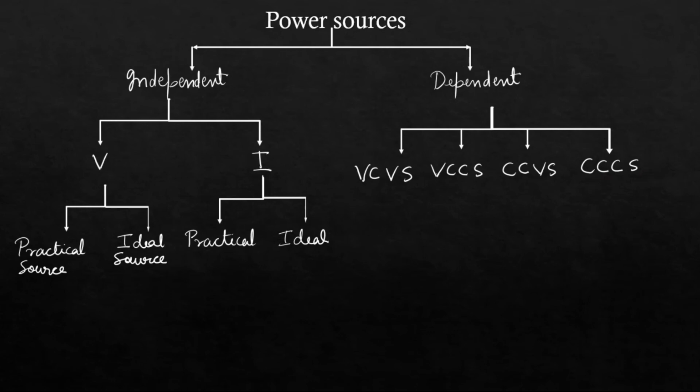Here we see two parameters. How that source can be controlled, whether it is controlled by a voltage or via current. Then what parameter are you controlling? Are you controlling the current of the source or the voltage of the source? So this way we have four combinations based on the controlling quantity and the controlled variable. So let us look at these sources one by one.